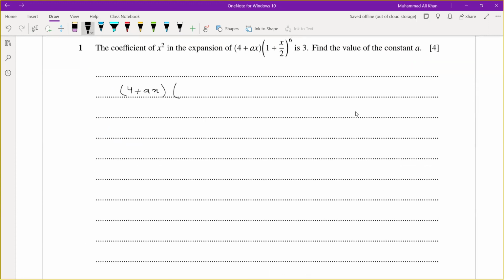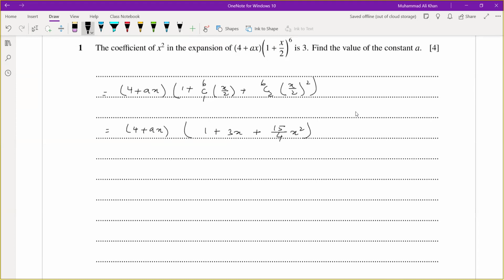The second bracket, if we expand it, is 1 plus nC1 b1 plus nC2 b2. We only have to go up to x squared, so there is no need to expand more than that. Now it will be 4 plus ax, and here it will be 1 plus 3x plus 15 upon 4